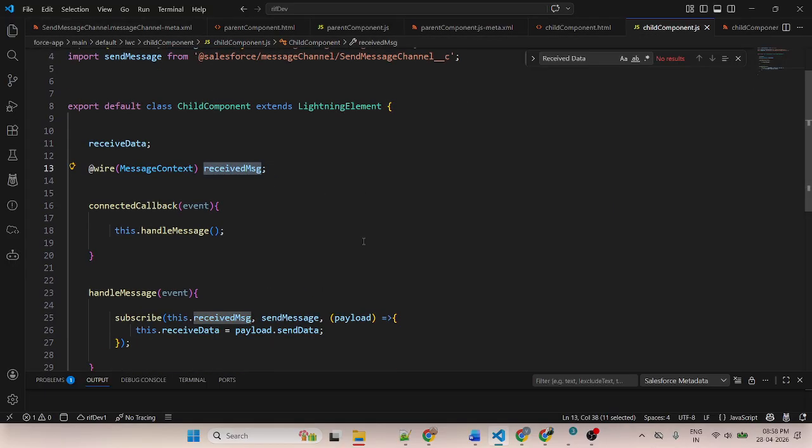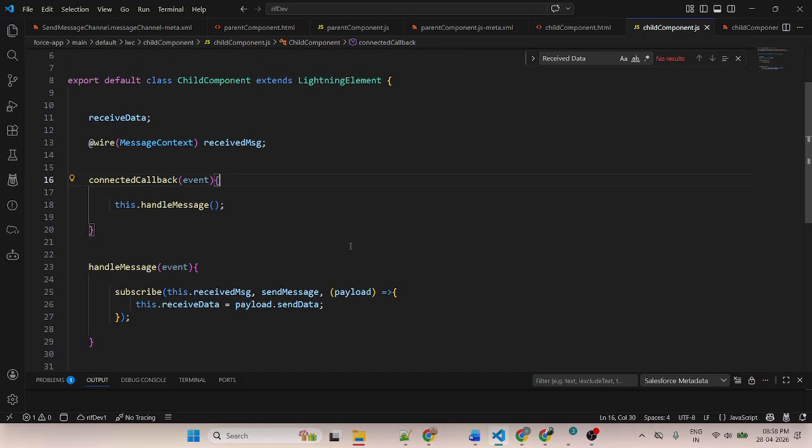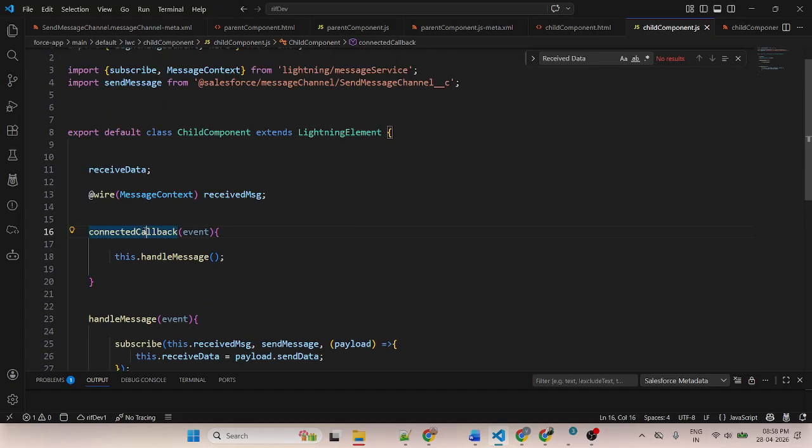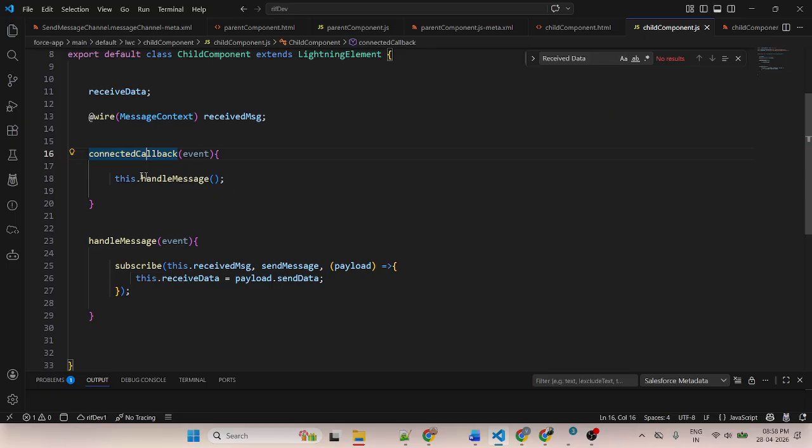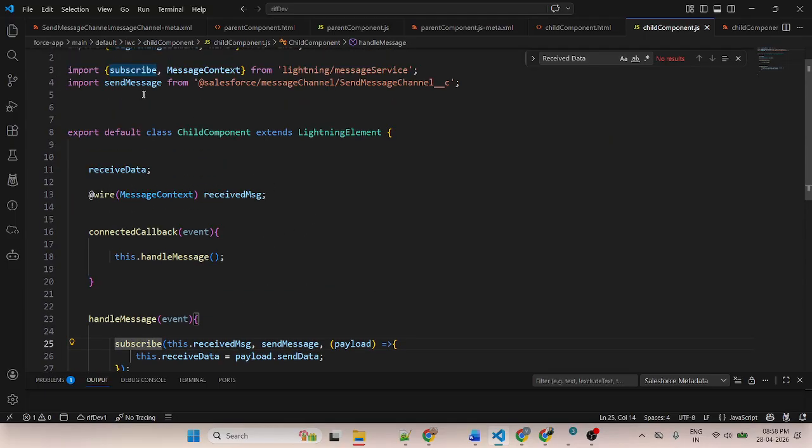This is an adapter, and this is a connected callback that I am using. Connected callback means whenever this message receives any kind of data, it will automatically populate, because connected callback automatically executes whenever the component loads on the browser. Inside the connected callback, I am using a function. This function holds the subscribe.